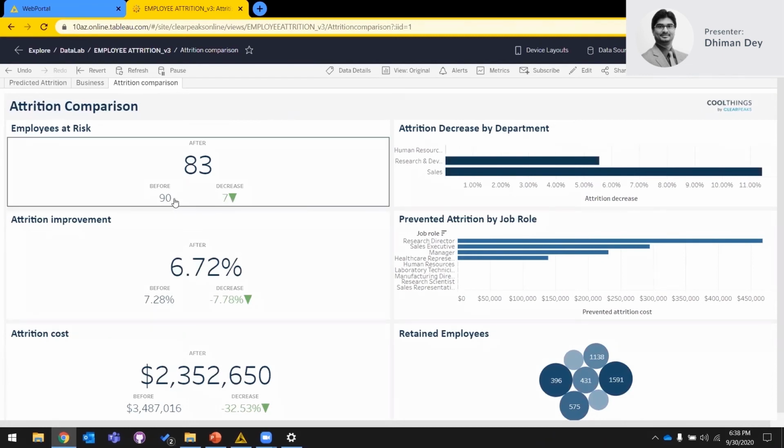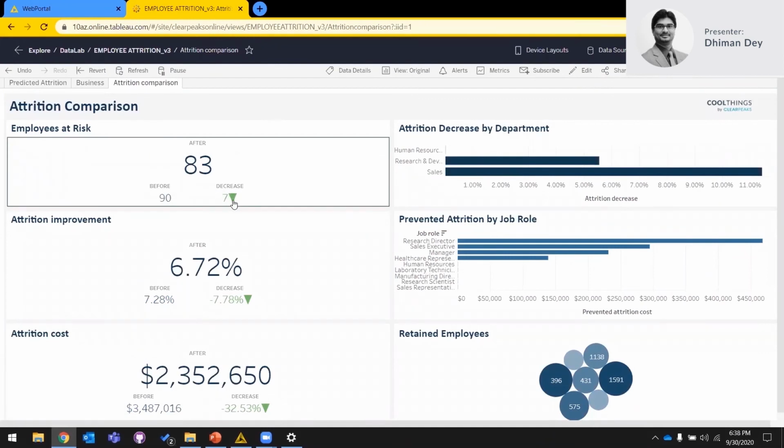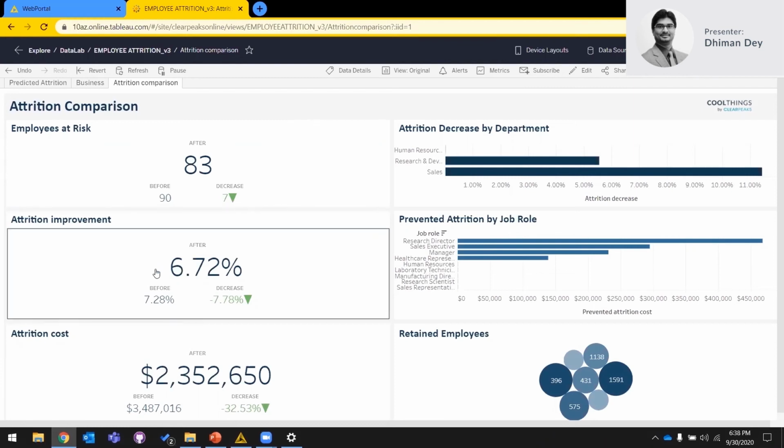So earlier you had 90, and after you applied the changes without any cost impact, you are able to retain seven people. The attrition has gone down by 0.5, which is really great.